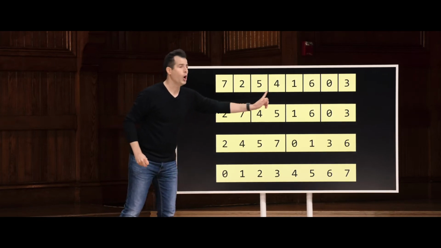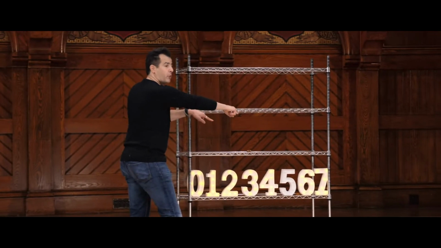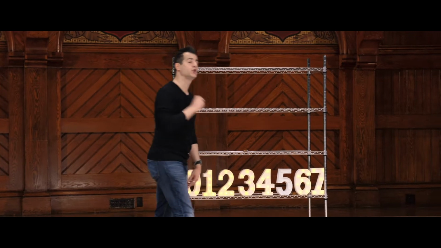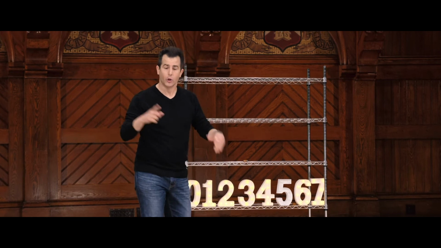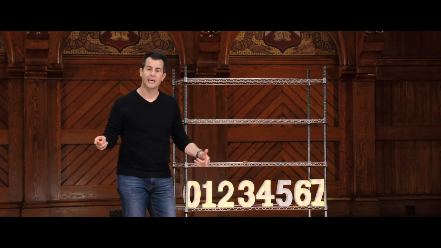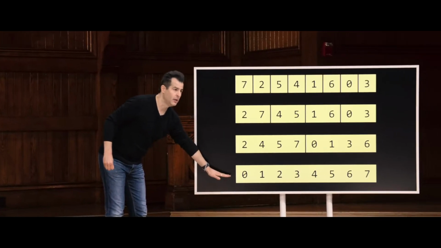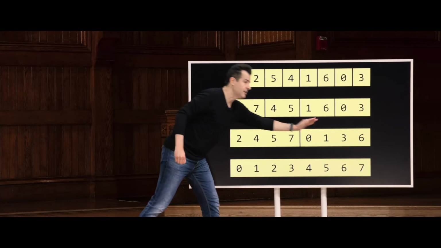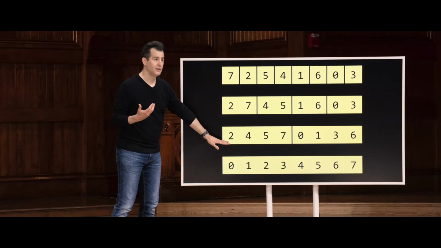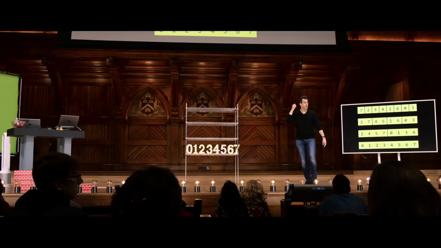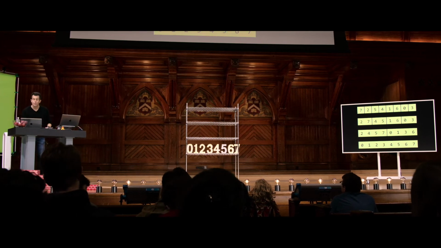But on every row, every shelf, literally, I made a fuss about pointing my hands only from the left to the right, constantly advancing them, such that every time I did those merges, I touched every element once and only once. There was none of this back and forth on stage. So if I'm doing n things log n times, what would be our big O formula perhaps? N things log n times? Yeah, so n log n, the order of n log n is indeed how we would describe the running time